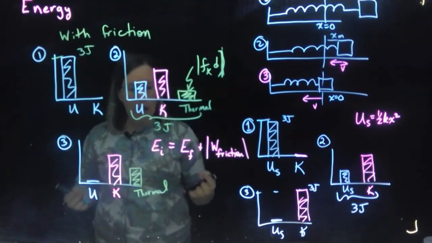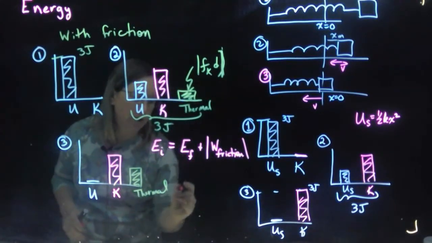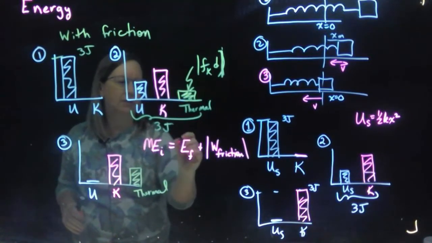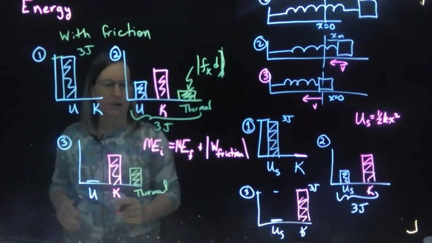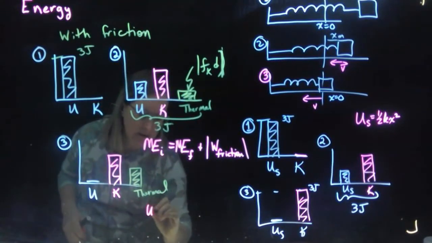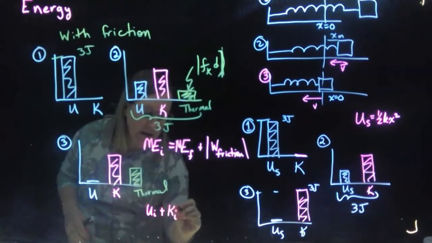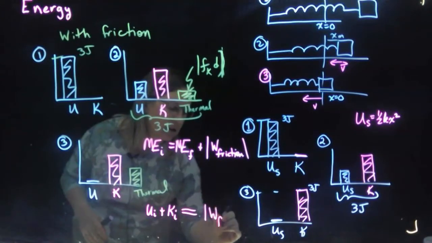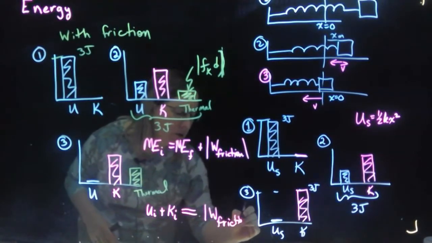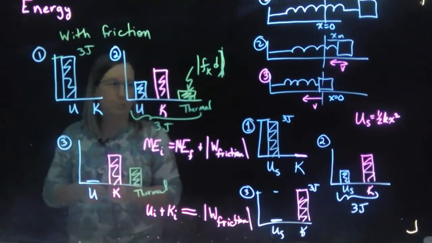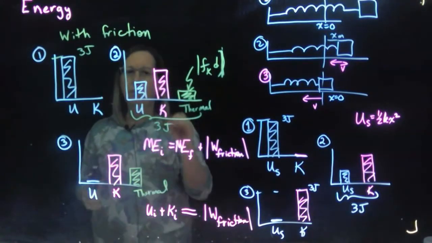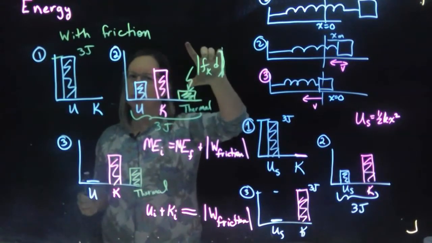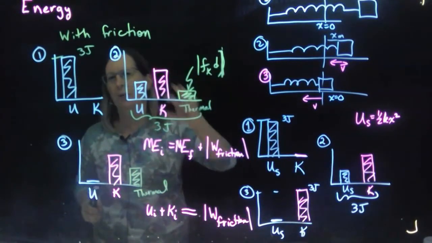If it actually stops, then of course our mechanical energy, so maybe we even want to write this as mechanical energy to separate that out, our initial kinetic and potential energy is all going at the end to just this friction energy. Okay, so we can still use it even when we have non-conservative forces. It's just that this continues to grow. It never gets less. We don't get it back